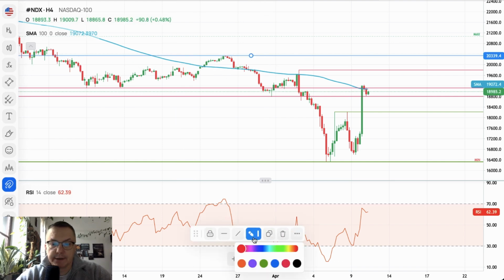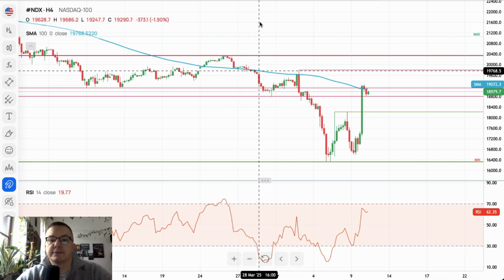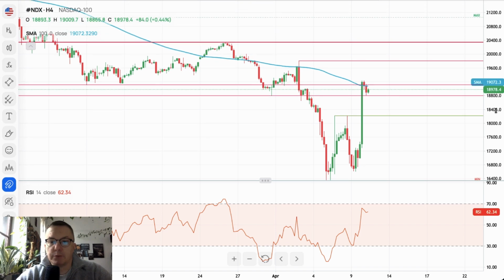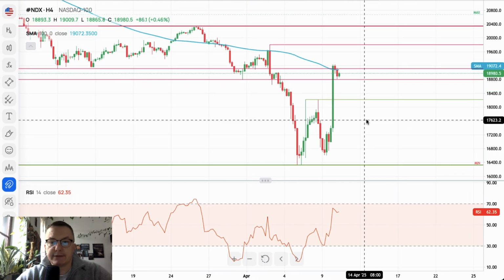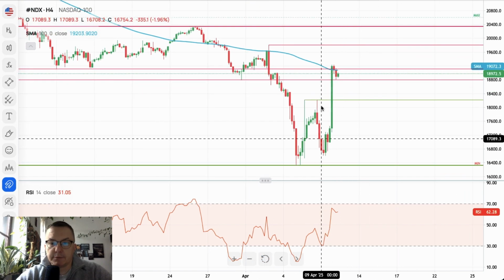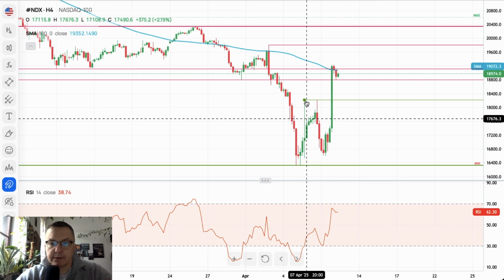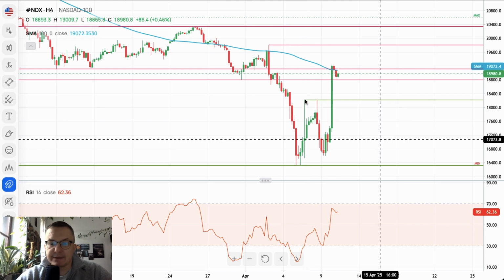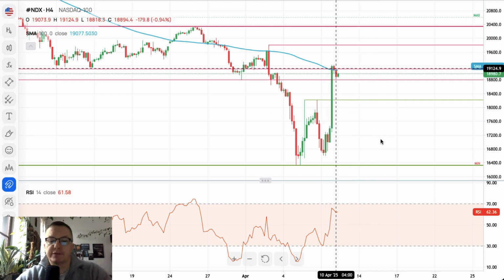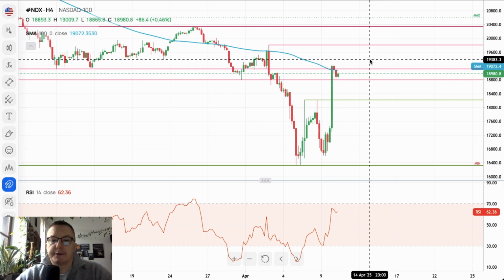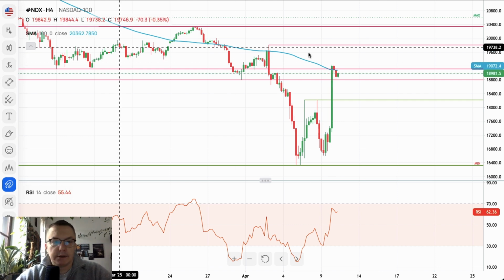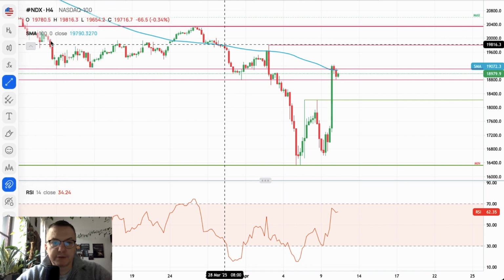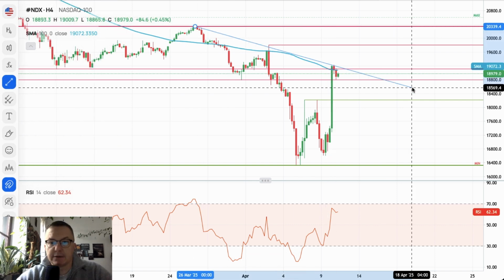and eventually 20,339 is the next target for the bulls, and that's a swing high. So might be quite interesting to see bulls testing this level. For now, it all looks very, very bullish. Local technical support 18,217. Strong momentum, strong bullish response to Trump's announcement. So right now it looks like the temporary bulls are in charge of this market of